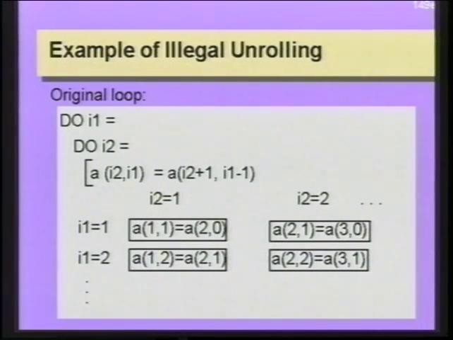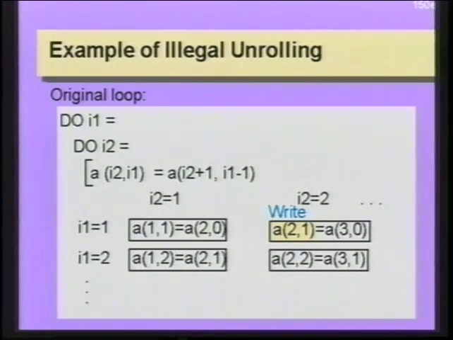Now, an interesting fact about unrolling outer loops is that there are cases in which it may be illegal to perform the transformation. We did not have this problem when unrolling an innermost loop because the unrolling transformation just performs the iterations in the same order that they would have been executed anyway. However, unrolling an outer loop in the manner that I've shown can actually change the order in which loop iterations are performed. Take a look at this example. In this example, we see that for iteration 2 of the inner loop I2 and iteration 1 of the outer loop I1,